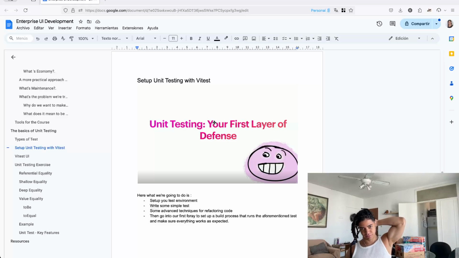So the unit testing. In this particular section, what we're going to do is, well, how to set up your unit testing using Vite, and also